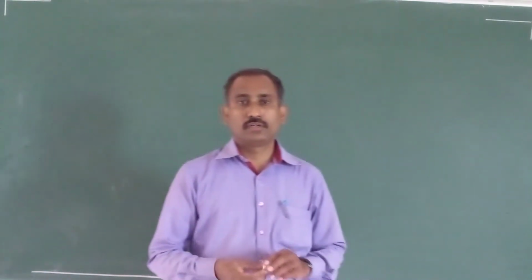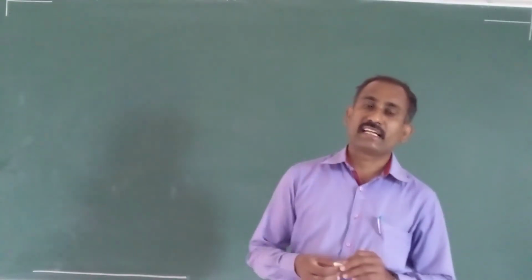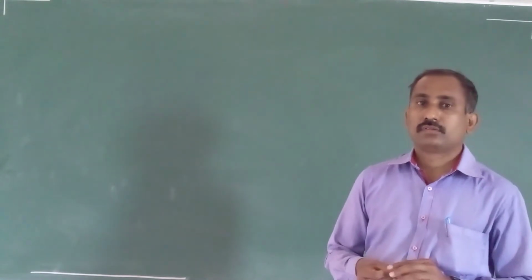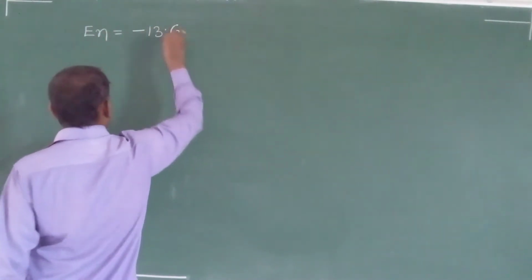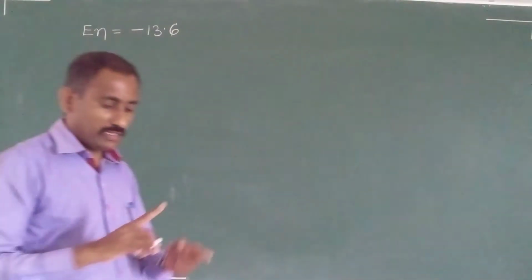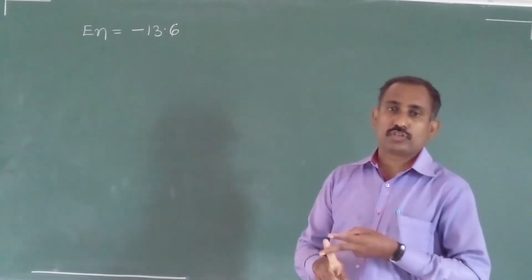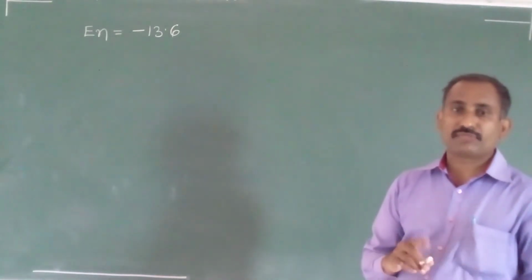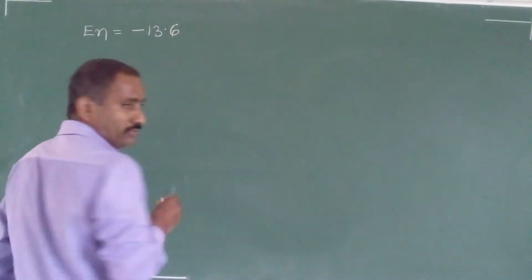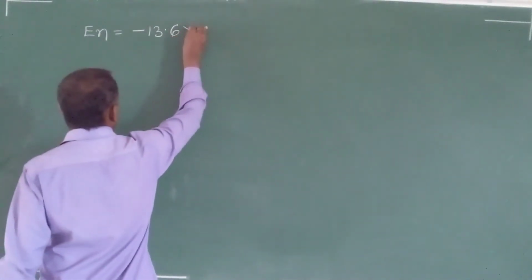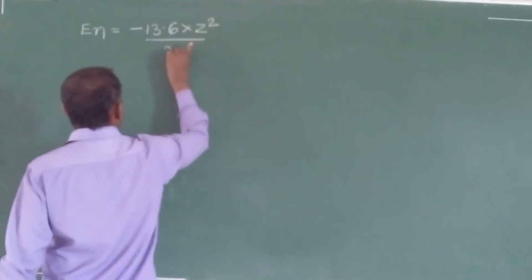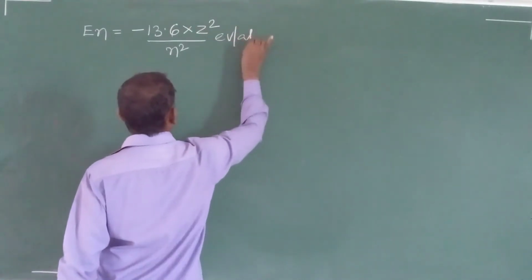In last class, we discussed the energy formulae. One of the formulas in electron volts: the energy of an electron in enthalpy is given by minus 13.6. The coefficients you should remember in terms of electron volts, joules, ergs, and kilocalories. So in terms of electron volts, I am measuring minus 13.6 into Z square by N square electron volt per atom.